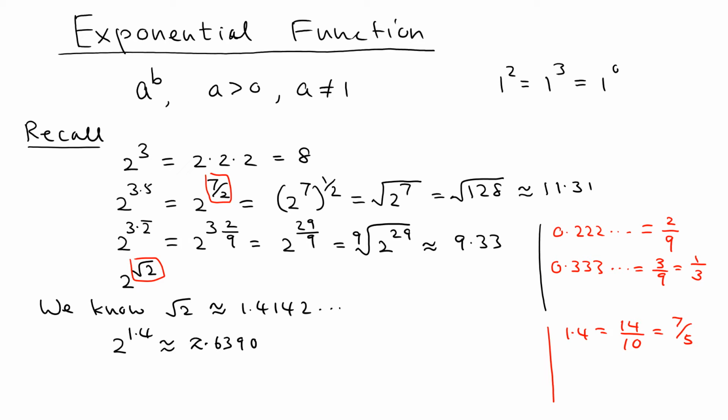Now what we're going to do, we're going to go one more approximation. We're going to say 2 to the 1.41. So again, you can convert this into a fraction, because now you can multiply by 100, so it's 141 over 100. This doesn't have a common factor, so we leave it like that. That means it's again a fraction, so we can do the same argument. You can use a calculator and find it. So you're going to get